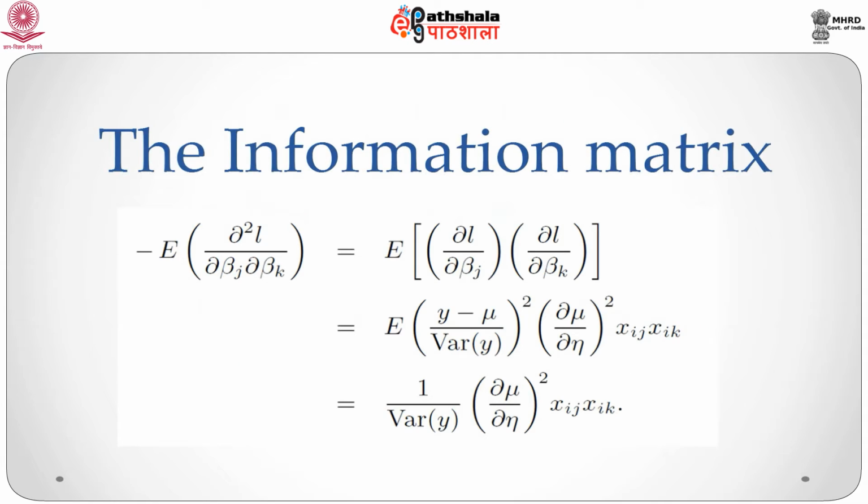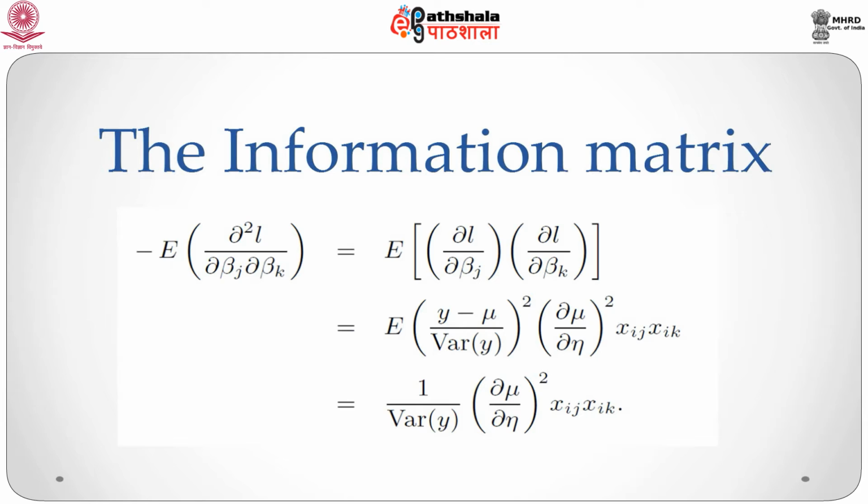The information matrix is given by minus the expectation of del square L del beta j del beta k. This is equal to the expectation of del L del beta j times del L del beta k, by the properties of one-parameter exponential families, which by virtue of what we have already derived turns out to be equal to the expectation of ((y minus mu) by variance of y) whole square, times (del mu del eta) whole square, into xij into xik,